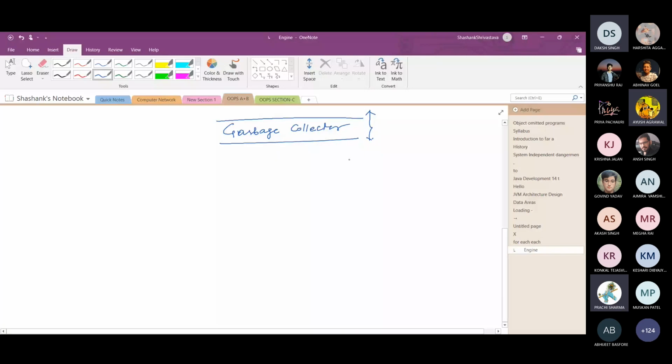After some time, the garbage collector collects all the unreferenced or not frequently used objects in the memory and removes all such objects.